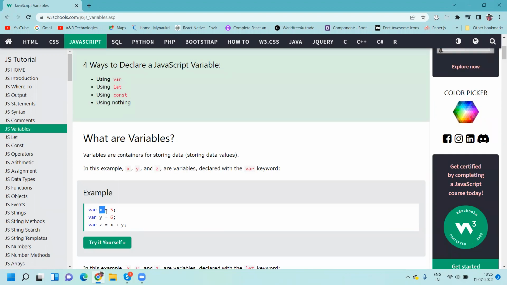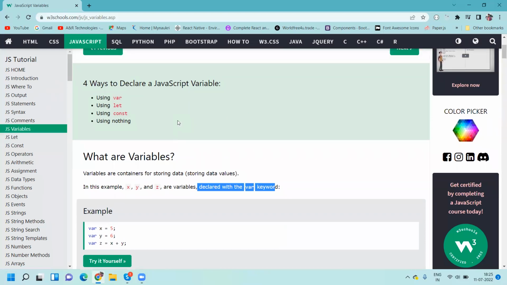Here x, y, z are variables, and x stores the value of 5, meaning the value 5 is stored inside the variable x, okay. This is y, it holds the value of 6, and z holds x plus y. So in this example, x, y and z are variables declared with the var keyword, okay. There are four ways to declare a JavaScript variable: using var, using let, using const, and using nothing,